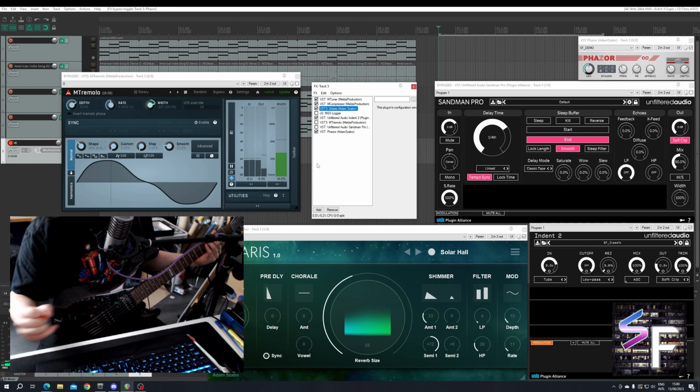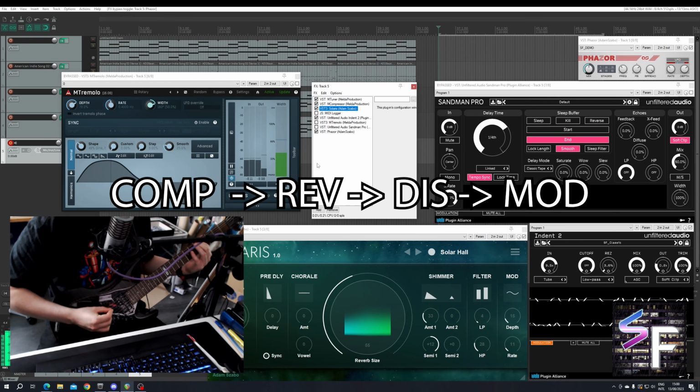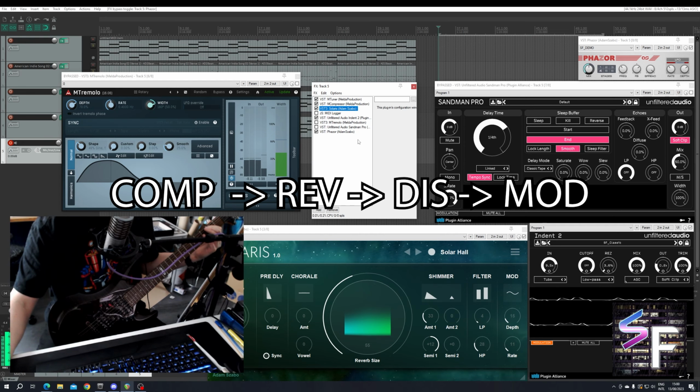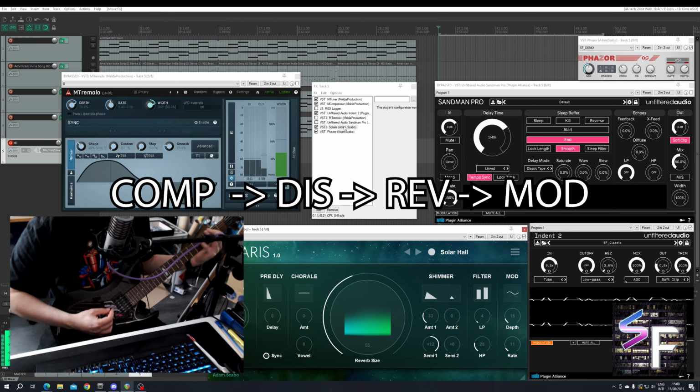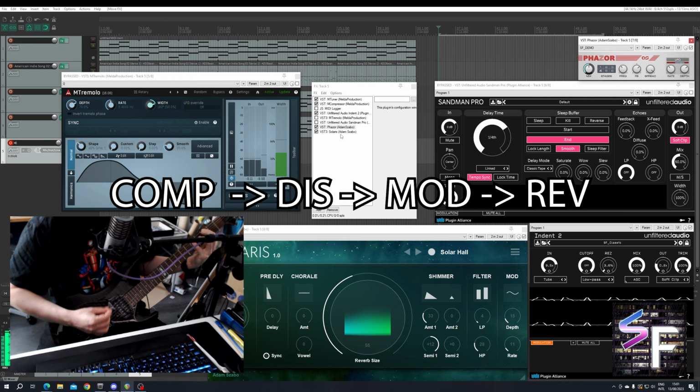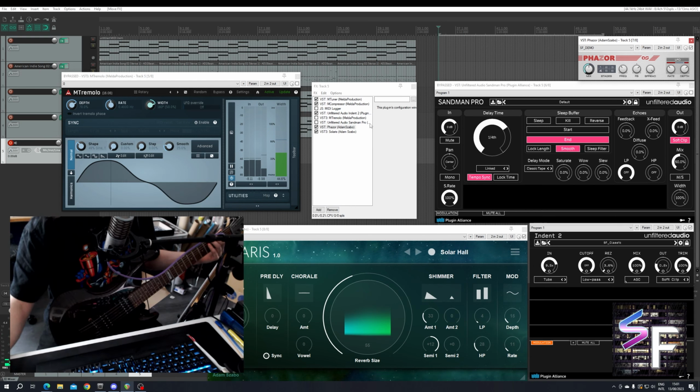Let's add the phaser back in after all of this mess. And that's the traditional order again. So as you can see, I didn't change any of the settings of the plugins, and you get a pretty dramatic